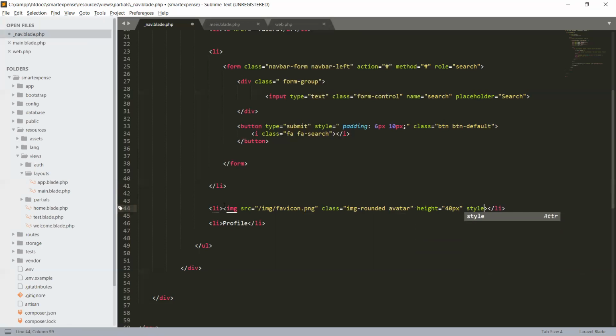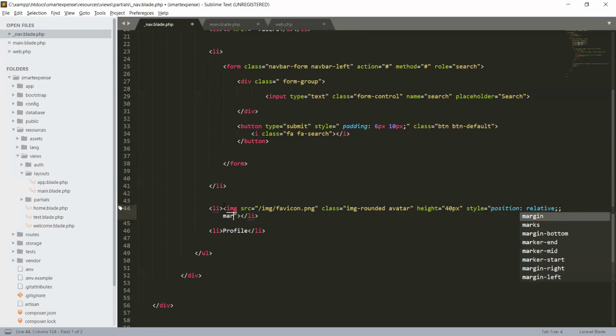Let's set style position of the image relative, and